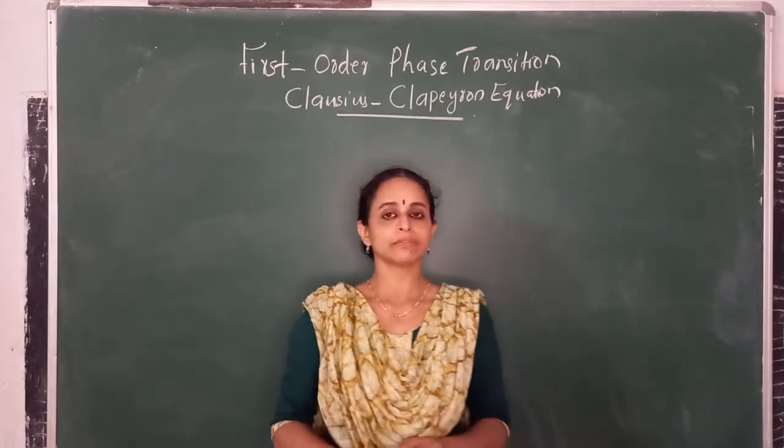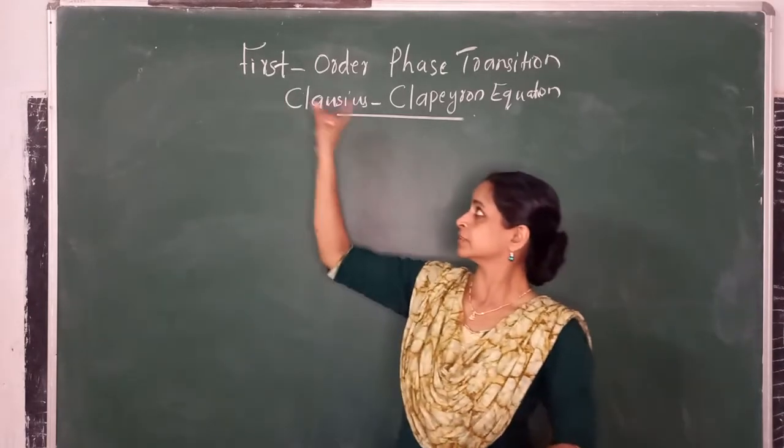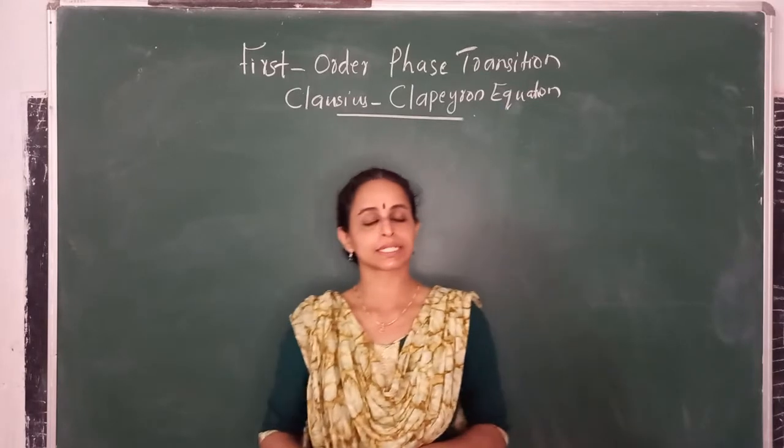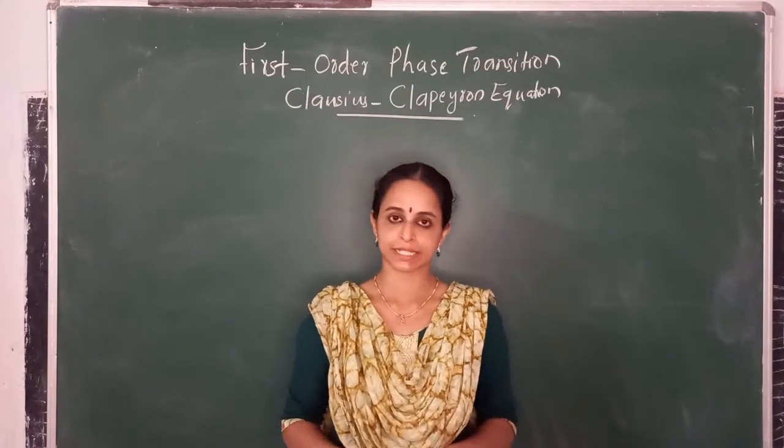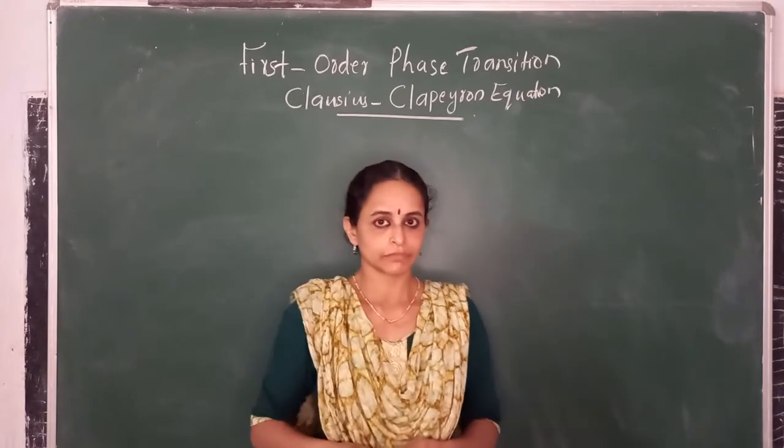So we have to deal with the first order phase transitions. The Clausius-Clapeyron relation is for first order phase transitions. So we can consider